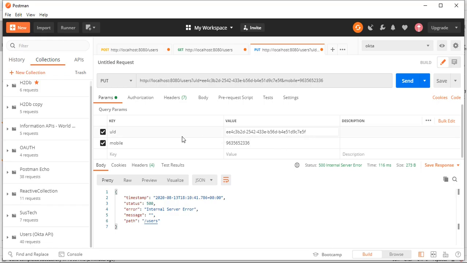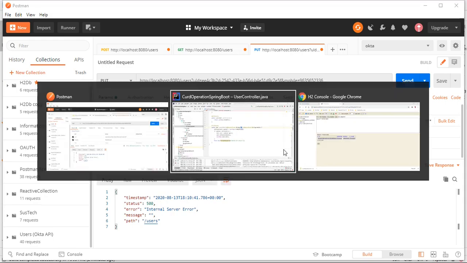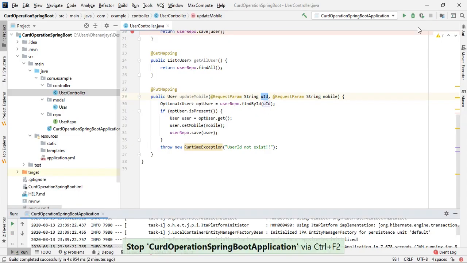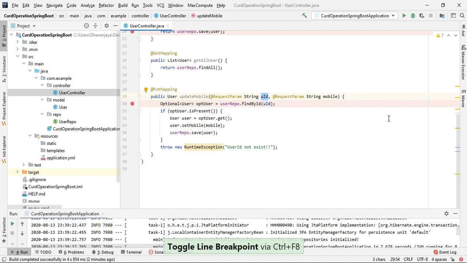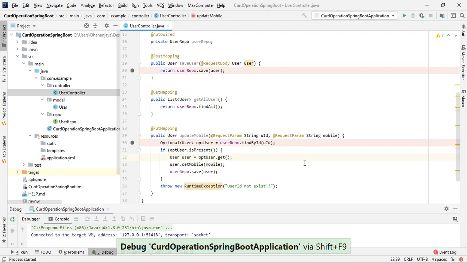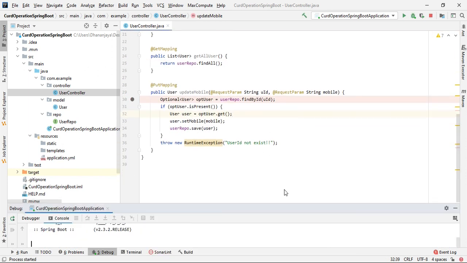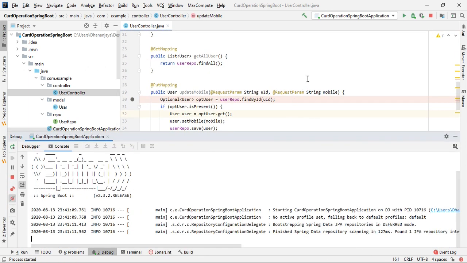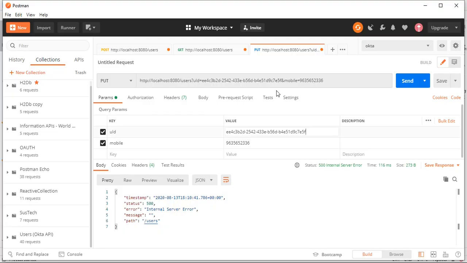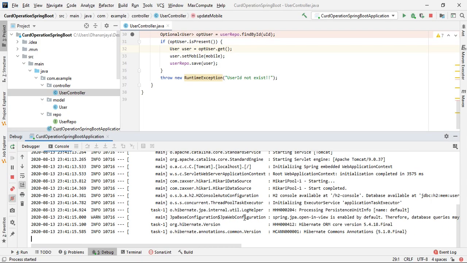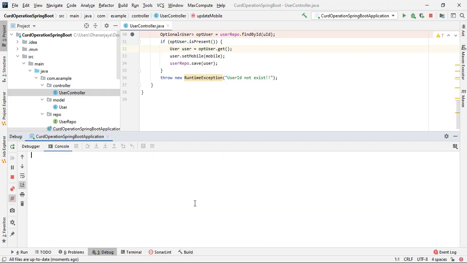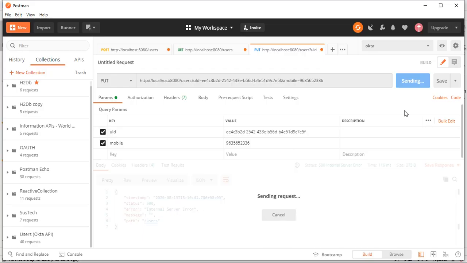Is there any mistake we did? Let me debug here whether the user ID is coming or not. There may be a chance it is coming as a small letter. Okay, let's try now.